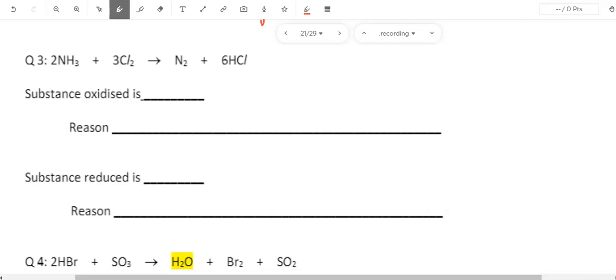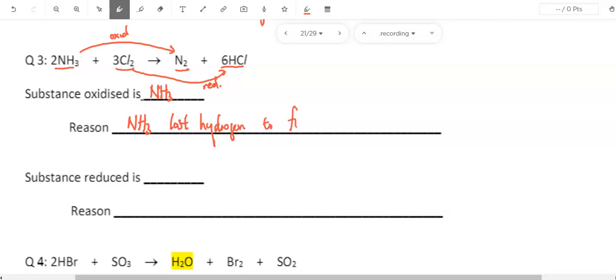I'll just be going through questions 3 and 4 very quickly. I'm not going to change color, I'm just going to use the same color throughout. So NH3 to N2. This is really because I lose hydrogen. Losing hydrogen is oxidation. This one to this one over here, I gain hydrogen, so this is a reduction. So the substance that's oxidized is actually NH3. How do you know it's NH3? Reason is because NH3 lost hydrogen